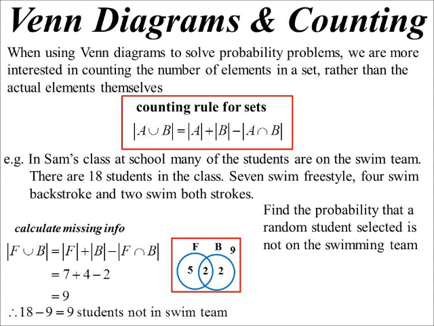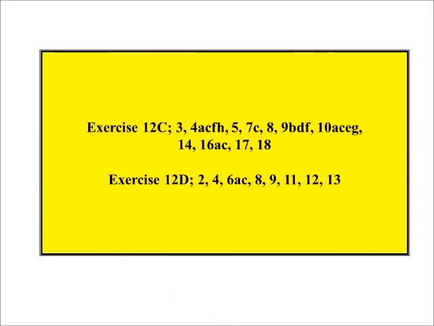But now you can read from that the probability. We know there's 18 all up. Probability a random student is not on the swim team: the 9 not in the swimming team, so 9 out of 18. Probability of a half. So as I say, it's just another way of drawing up your sample space to help with probability questions. So we'll have a go at 12 C and D, see how we